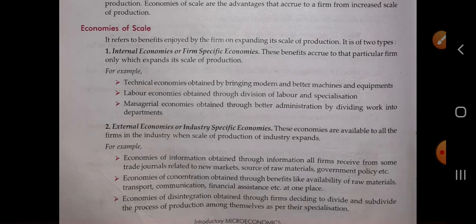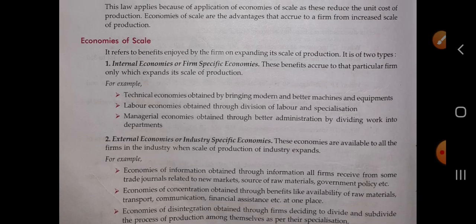or all the works and departments are subdivided so that all of them do their work properly, as well as they can provide the benefits which are disintegrated or related. It means we have divided all types of information, and we have subdivided the different works of the department and production among them as per their specialization.